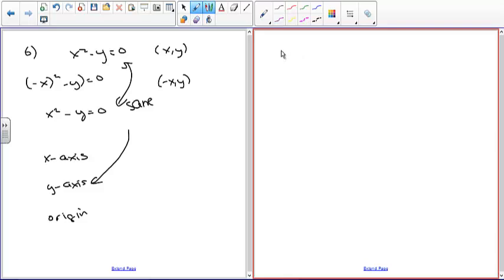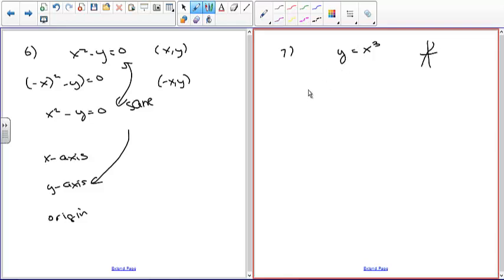Now the second one is y equals x cubed. So we have an odd power. That usually can mean either x-axis symmetry or origin symmetry. Again, I know from experience this is symmetric around the origin, and what it says there is that